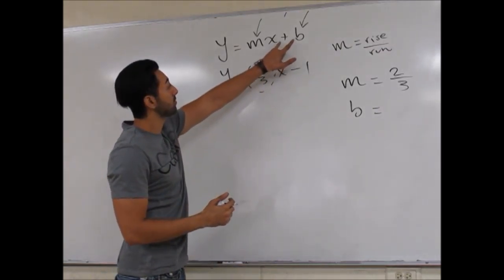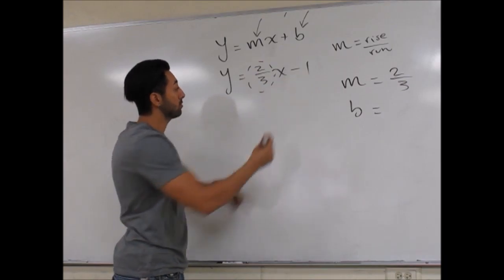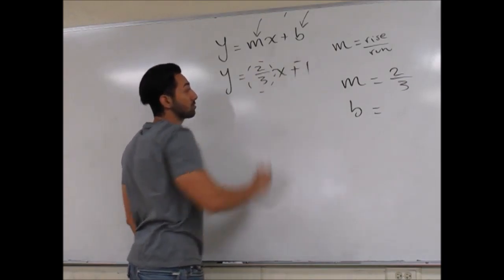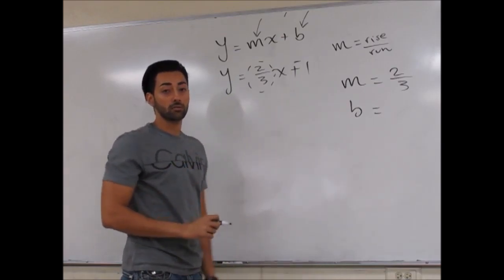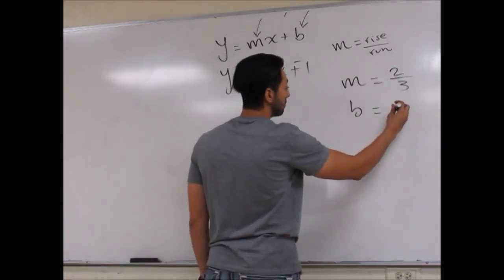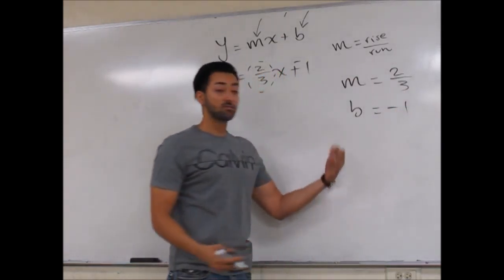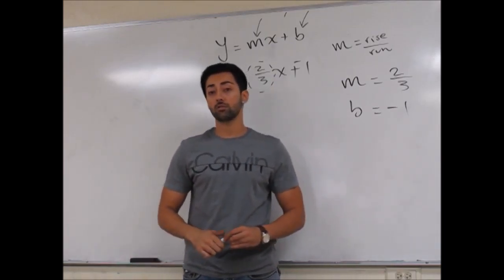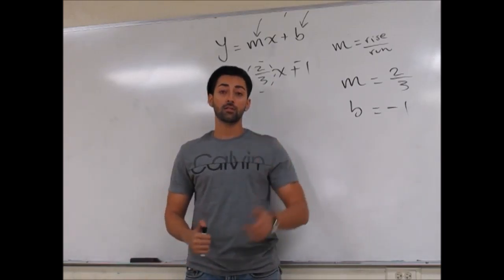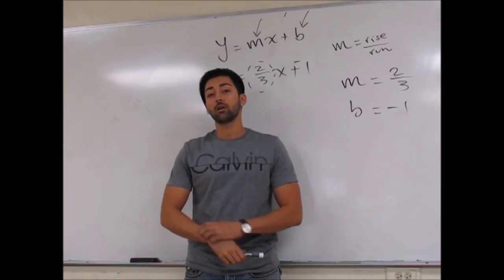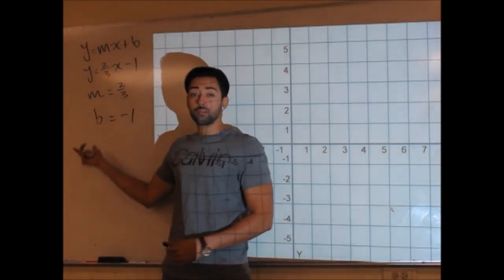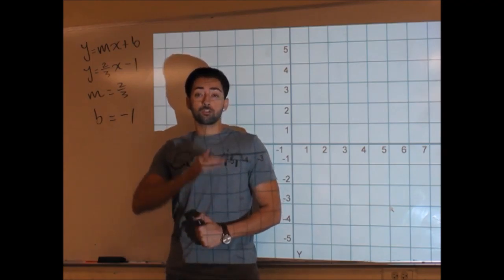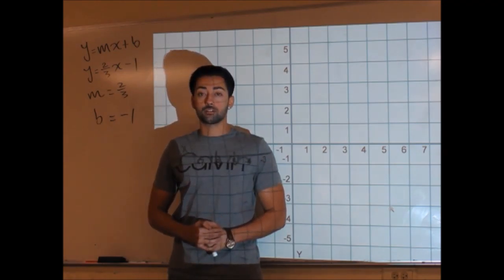It's not exactly in the form how I've written it, but you could make it look like that if you wanted to. It's just plus negative 1. So the signs don't really matter. It's just a number off to the side, negative 1. And that's really all we need to graph a line using the slope-intercept form. And we're about to see that using our x and y plane. Okay, now that we have our m and b, that's all we need to see what our graph is going to look like in this case.